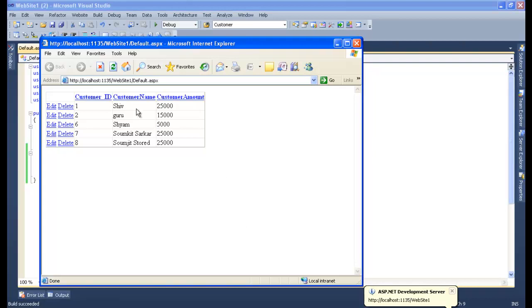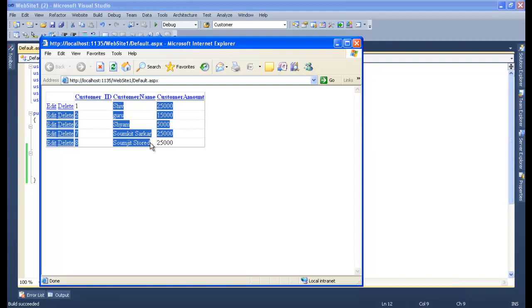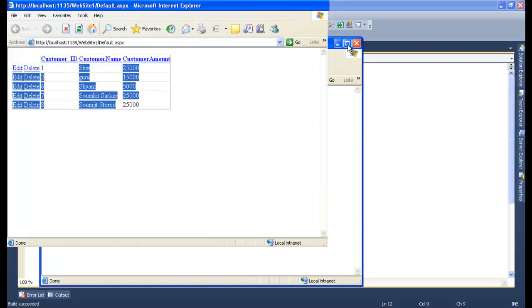Friends, can you see? Now it is using an entity data source, and by using that entity data source link, whatever the entity framework has created, all the data is being shown in our grid view. It's very simple, as we use our normal SQL data source. Now the entity framework has also become one type of data source for displaying our data in the data grid. This is a simple demo of how to create an entity data model.